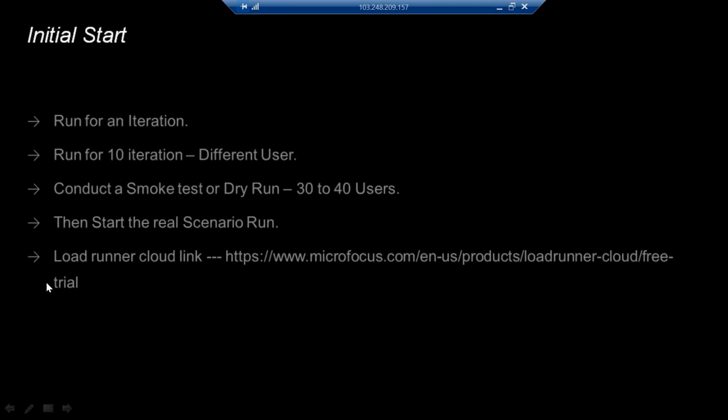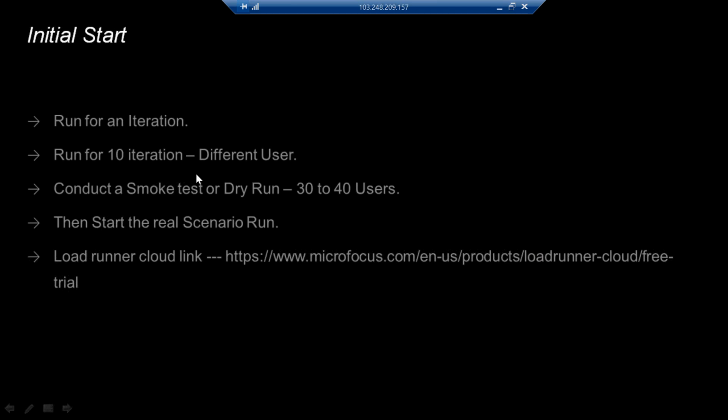Okay. So initially, this is the scenario, and for starting the test, what we do is run an iteration and verify the script is working fine, and then run 10 iterations with different users.